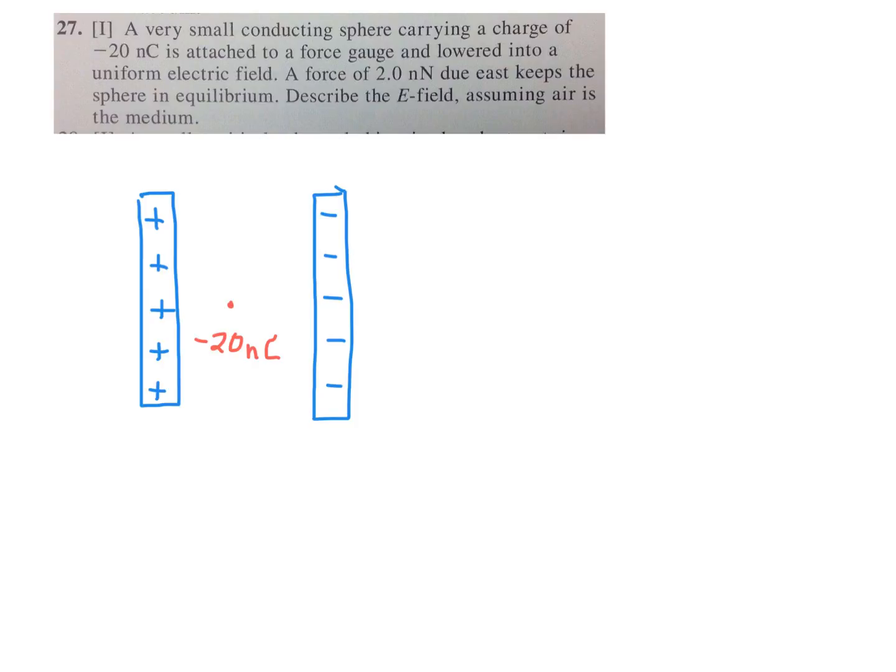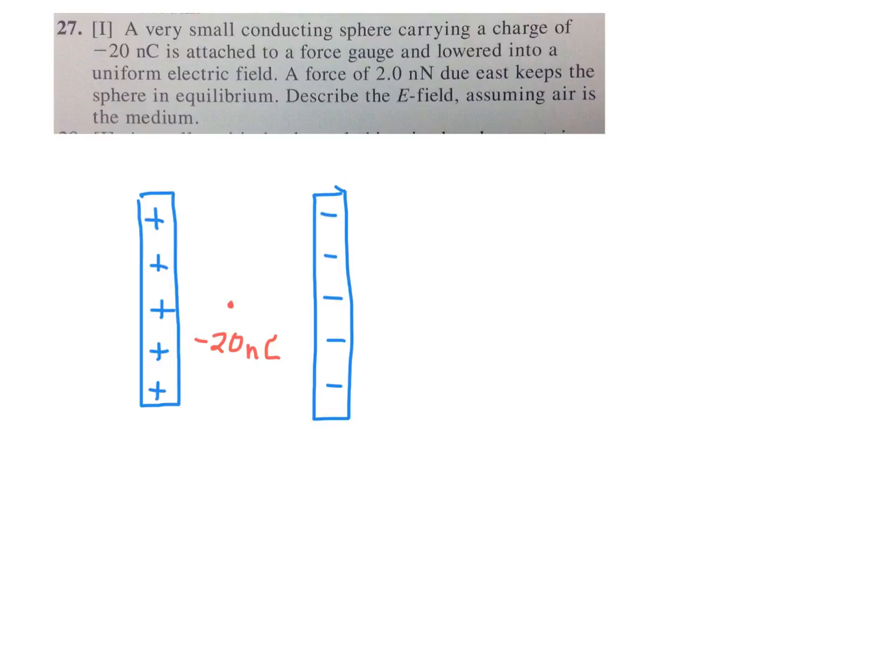Day 20, page 622, number 27. This is probably best done thinking about a parallel plate situation. Once again, these parallel plates are two-dimensional surfaces, usually rectangular, but this is like the bird's eye view. It's kind of like they're two walls of a room. You have the west wall of a room that's a big flat surface, and the east wall of a room,